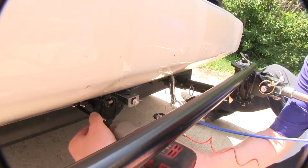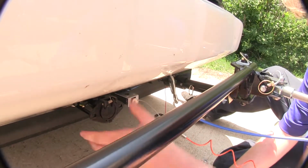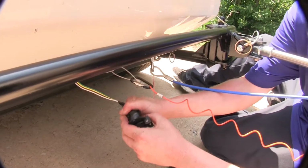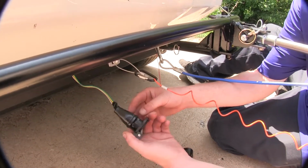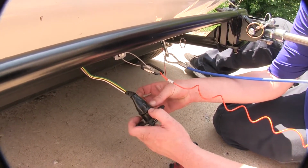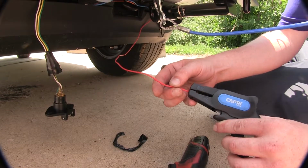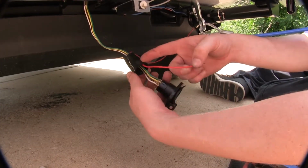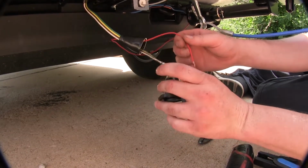We're using an 8mm socket to remove the screws that came with the base plate. We'll take it down. We'll then need to get into our 6-pole connector here, so if you have it taped up or anything, you'll need to remove that tape. We'll strip back some of our red wire. Once you strip it, we're going to slide it through our rubber protector,